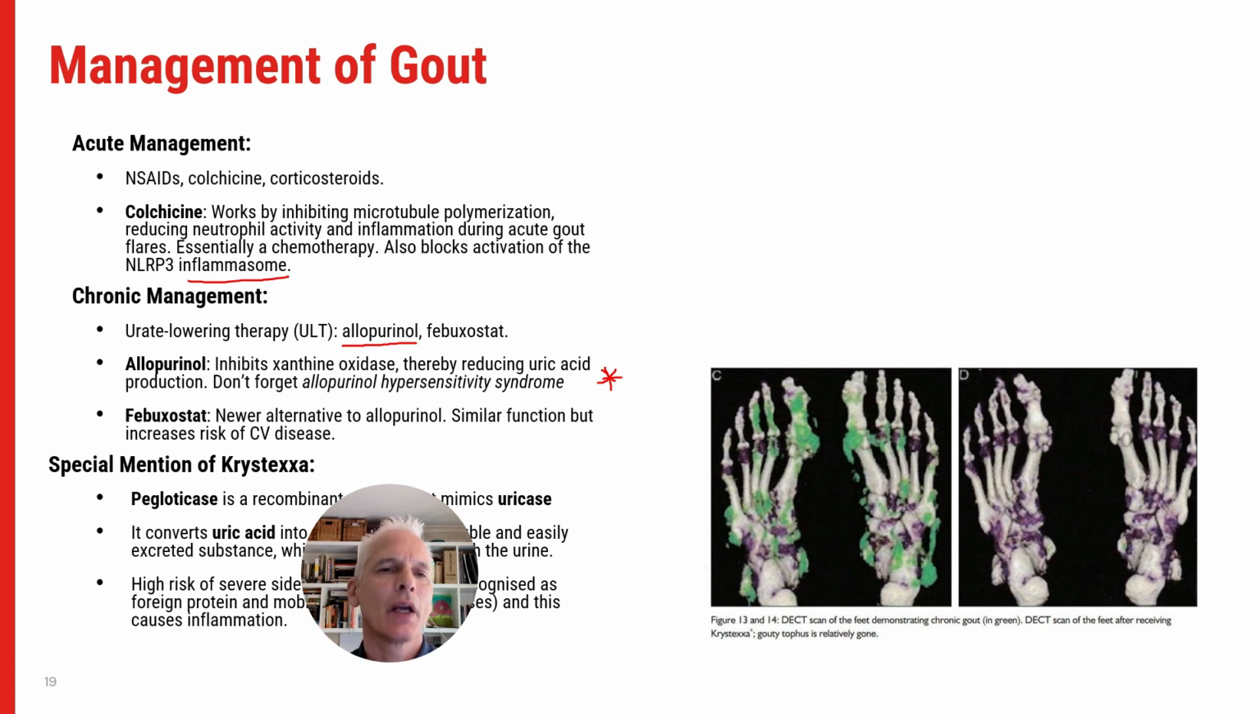monosodium urate. So in this dual energy CT scan that I showed you before, we can see on the left here that there is crystals formed around the joints, and then after 6 months of taking this drug, you can see that the crystals have actually been cleared. So this is quite a powerful and exciting drug, except for the fact that it obviously has quite significant side